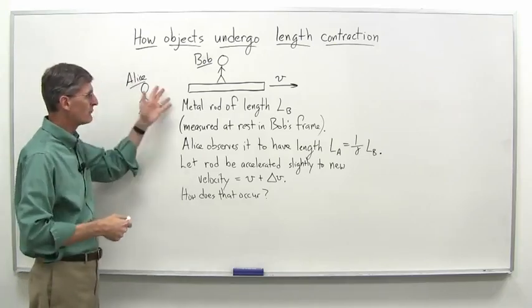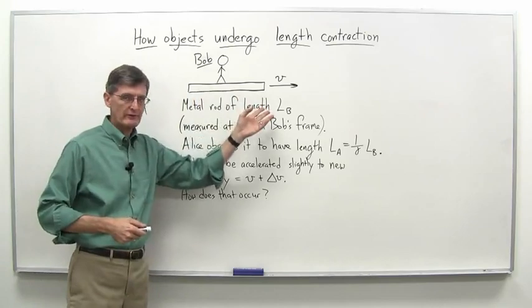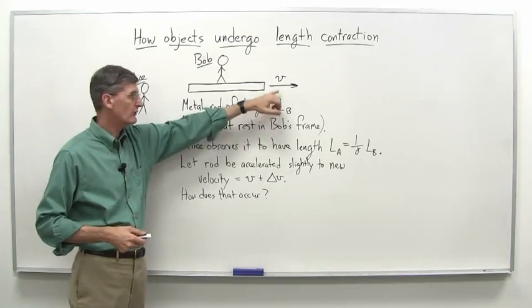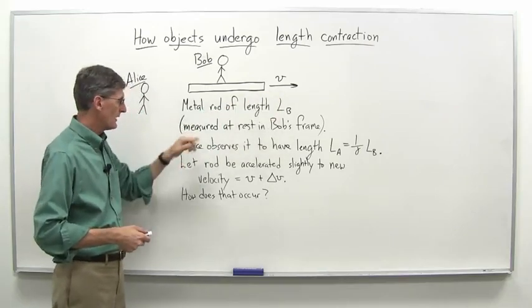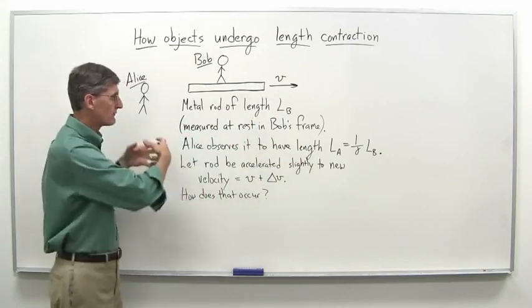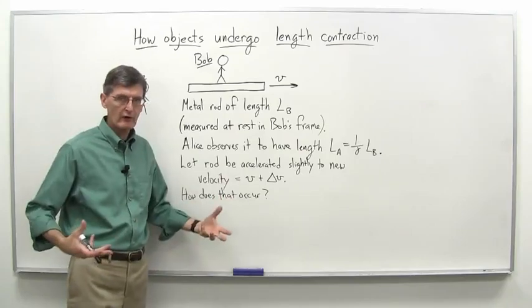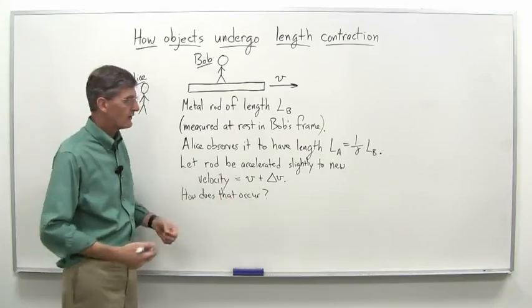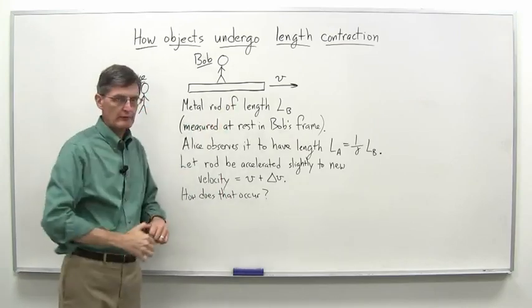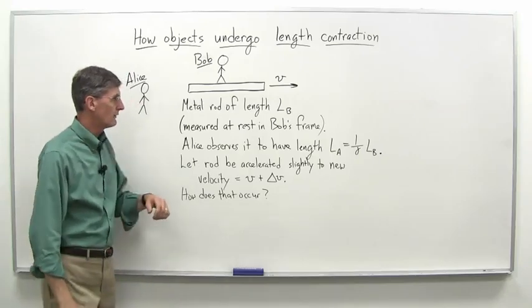So here we have Bob. Instead of on a spaceship this time, we'll put him on a metal rod of length L sub b, going at some velocity v. And that length is measured at rest in Bob's frame. So again, in his frame of reference, he's just standing on the rod. He's not going anyplace. To Alice, however, who's observing him, she sees Bob on the metal rod going by at velocity